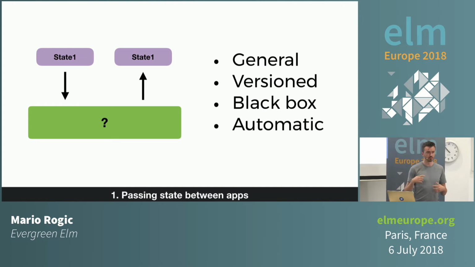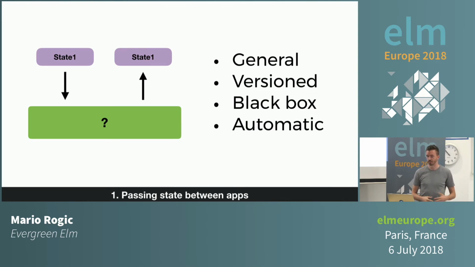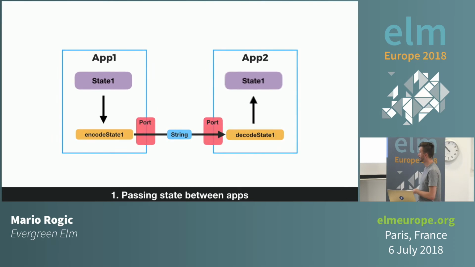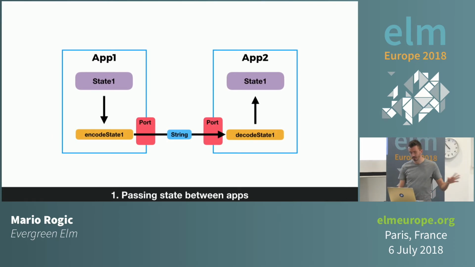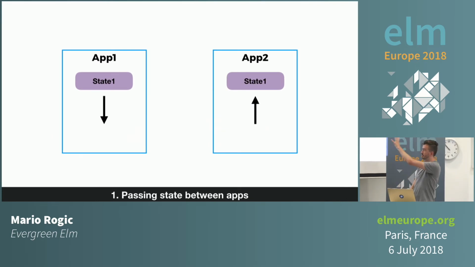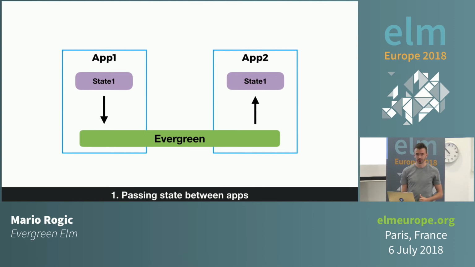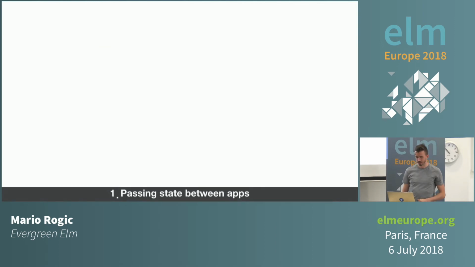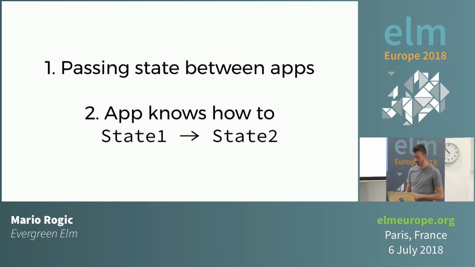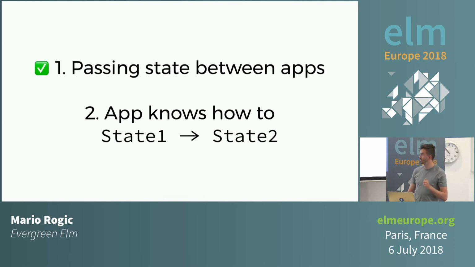And I think the combination of the first three means that this can actually be automatic, which I think would be really important for the developer experience, so that you don't have to write some sort of encoder and decoder for every single type change you make, but that's something that can happen automatically and in a closed way. So if we go back and look at that diagram, we're taking a set of elements here, and we're going to encapsulate them, and that's the first part of Evergreen. So that is the first step checked off.